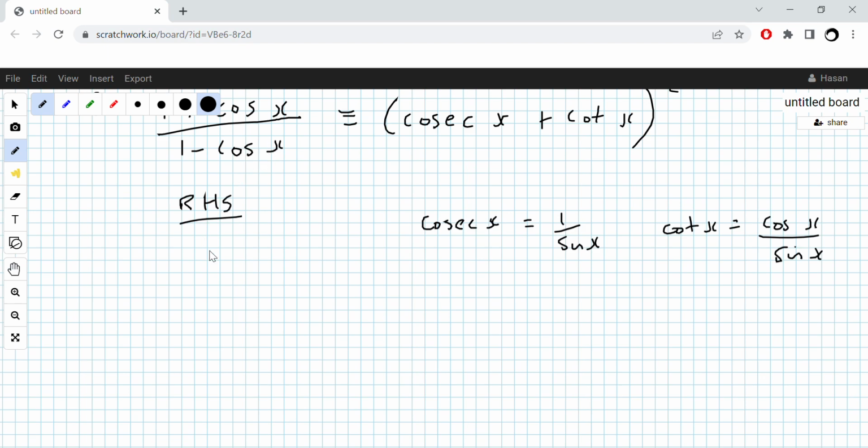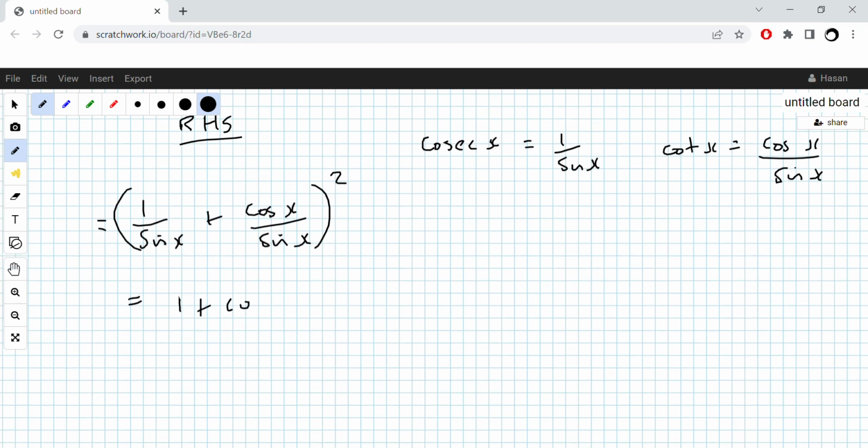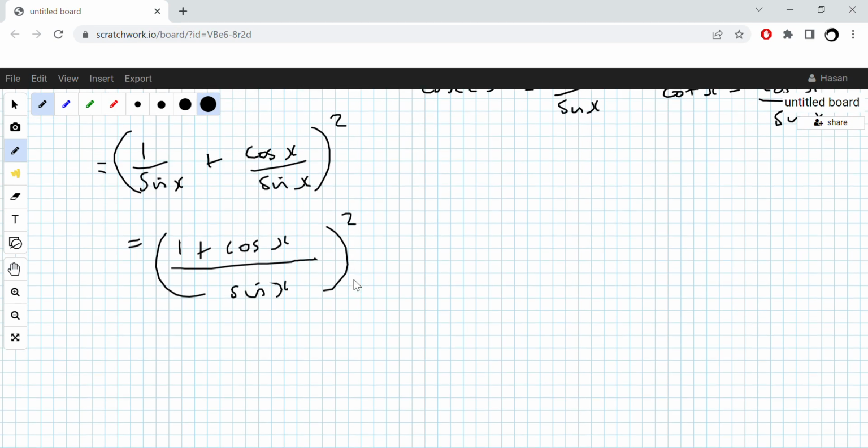So now what we're going to have is 1 over sine x plus cos x over sine x, all squared. Now you can see the denominators are the same. So you're going to have 1 plus cos x over sine x, all squared, which is now (1 + cos x) squared over